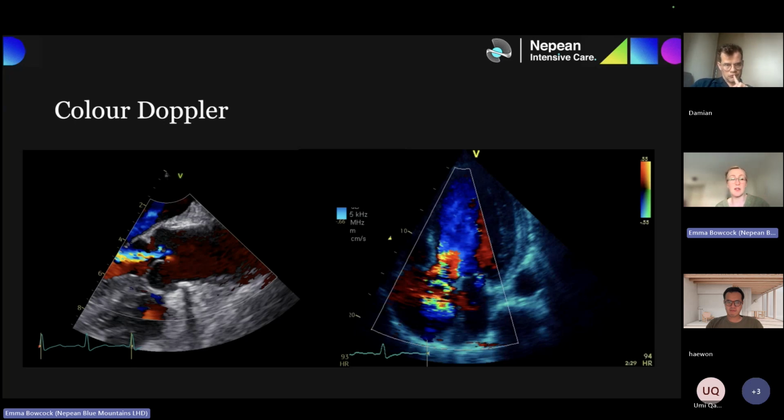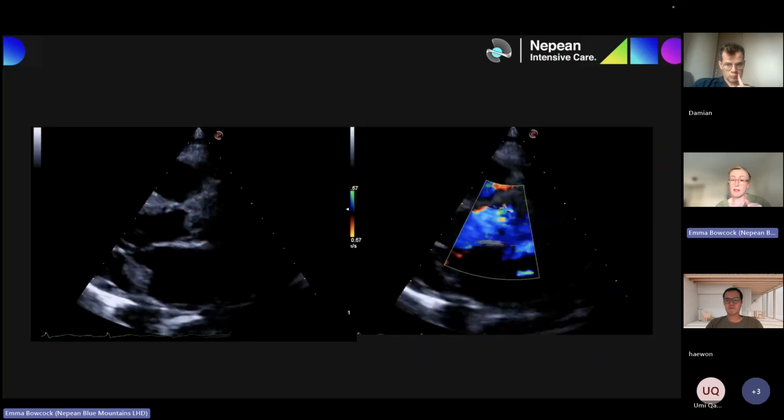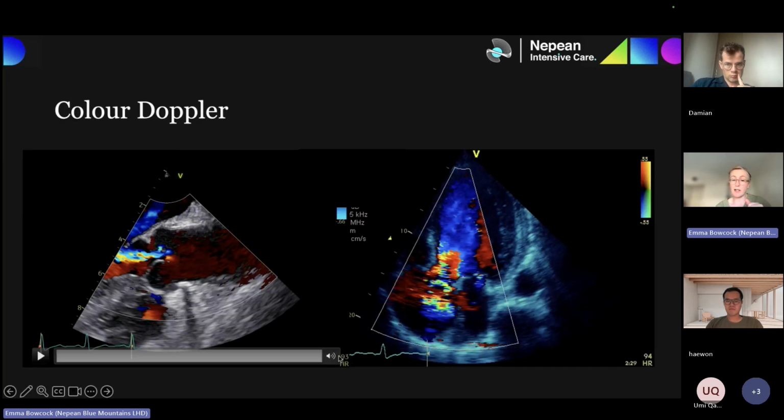just again to put pieces of that puzzle together. You would never hang your hat on a single value, but for that reason, it's fairly easy to do as long as you're zoomed in and you've optimized your imaging. It's quite easy to measure, and we'll talk through the different values of that. And then we put color on as well, don't we, in our apical windows, and this is our 5-chamber showing